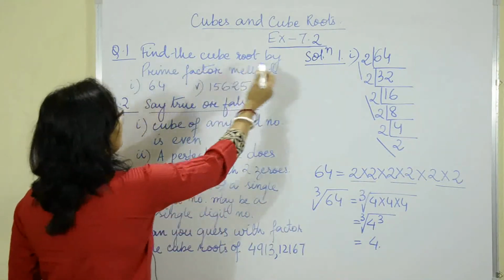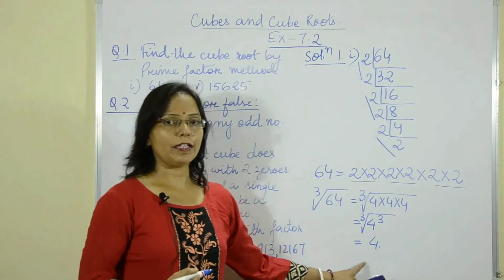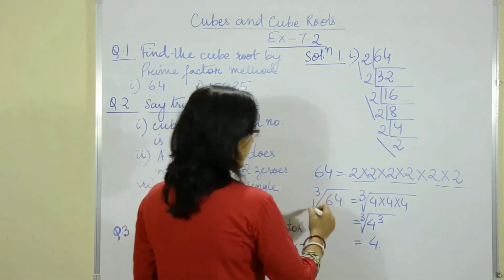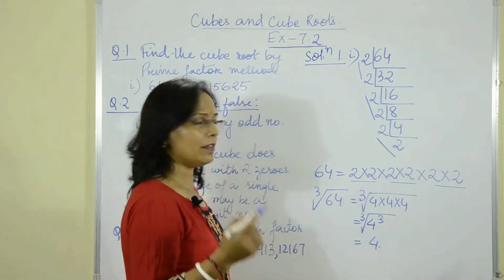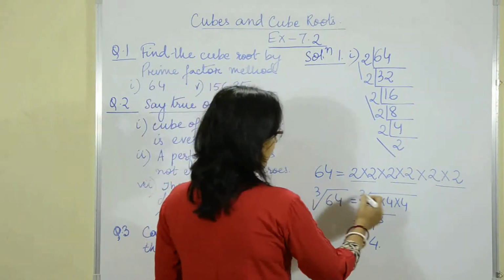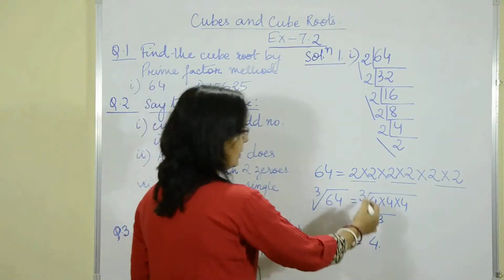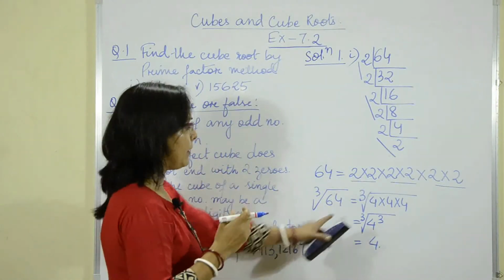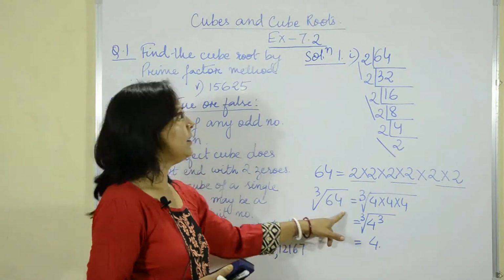So this is how we find the cube root by the prime factor method. Now mostly the students make a mistake. When they write a cube root here, they forget to give the same sign over here. That is the blunder. Make sure you are writing the same things on either side, otherwise you cannot get full marks. You have a tendency to lose marks here, so this is something you have to put emphasis on.